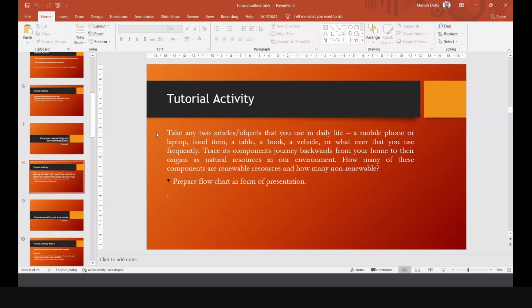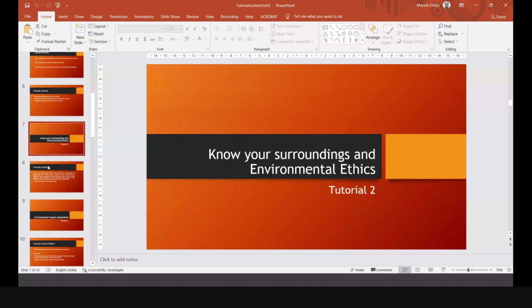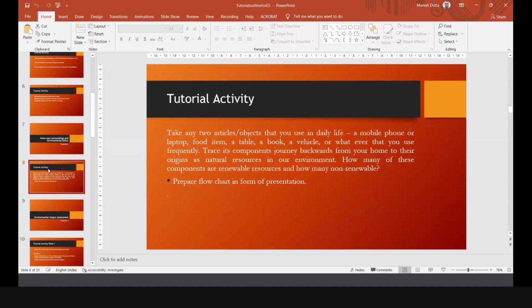Environmental ethics. The term environmental ethics is written because when you are consuming a certain commodity, you are in some way or the other becoming responsible for environmental pollution. It has to be a two-page report. Two pages will be sufficient. Okay.